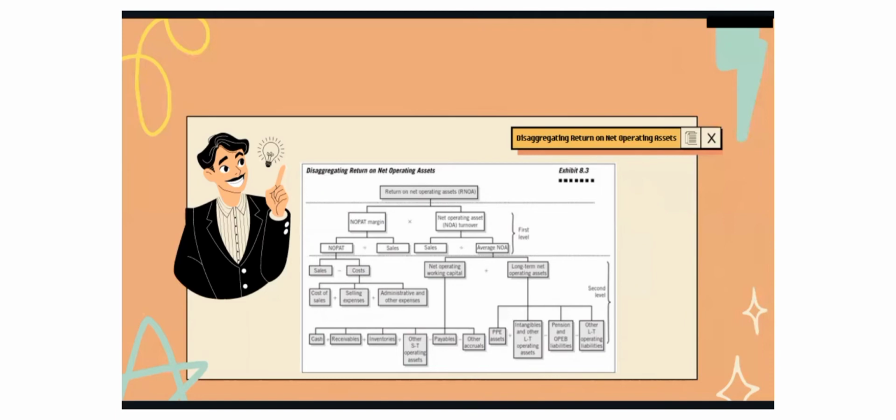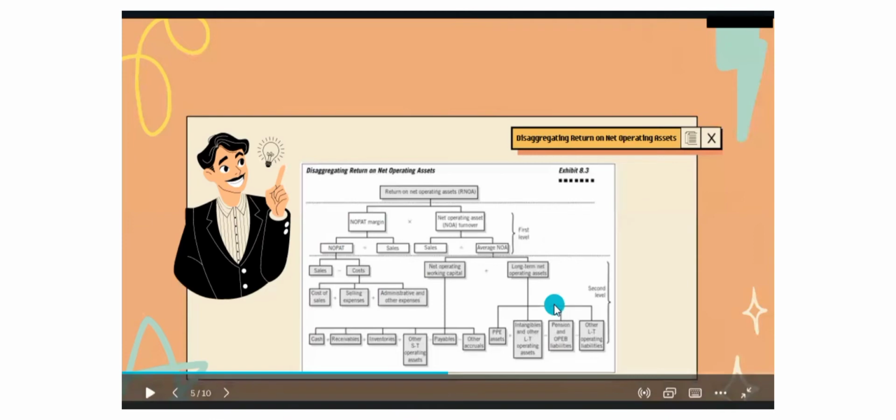The return on net operating assets can be calculated by NOPAT margin times net operating asset turnover, or we can say NOA turnover. The NOPAT margin itself can be calculated by NOPAT divided by sales, and the NOA turnover can be calculated by sales divided by the average NOA. This is for the first level, about the calculation of NOPAT margin and NOA turnover. For the second level,